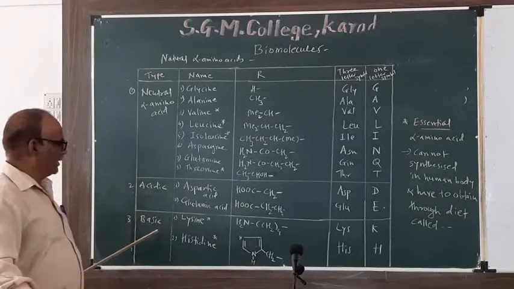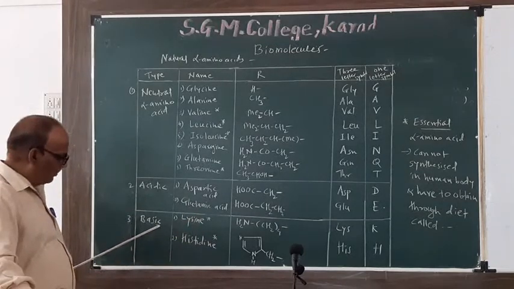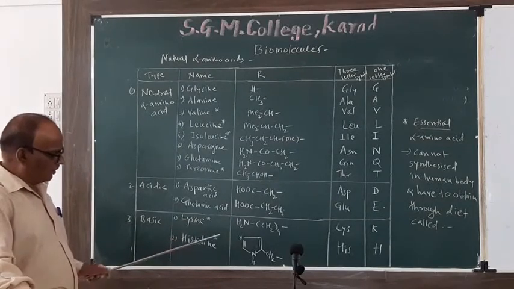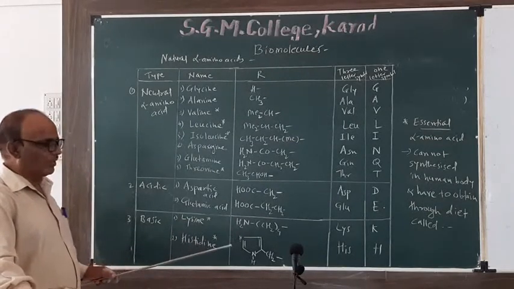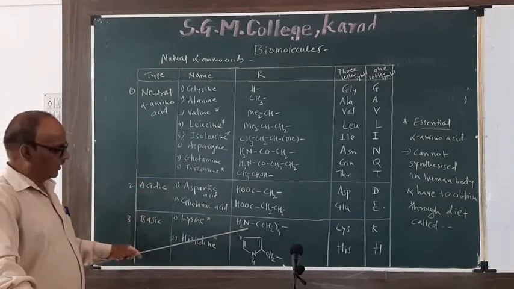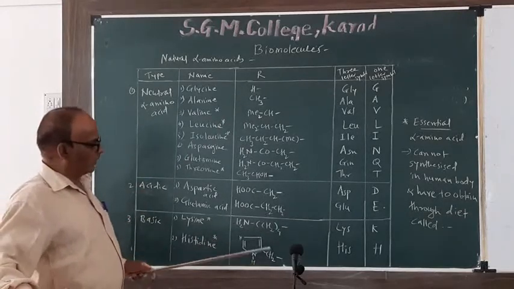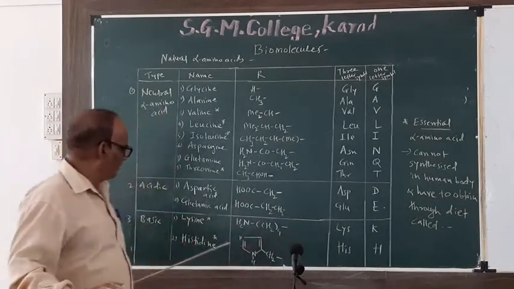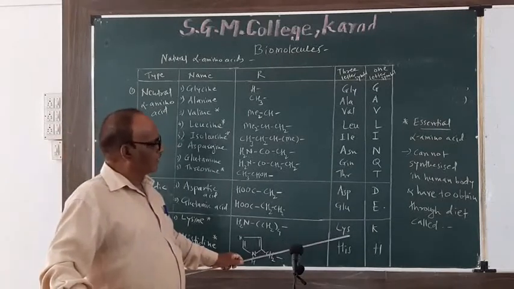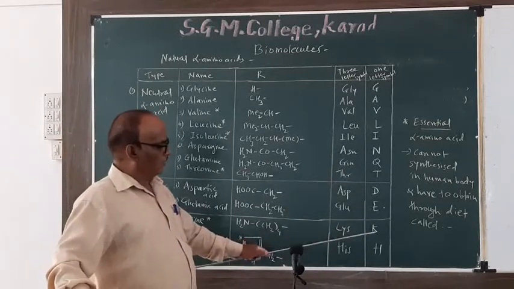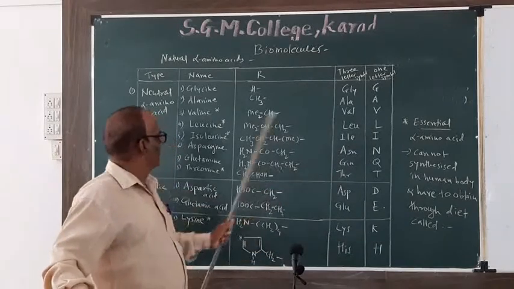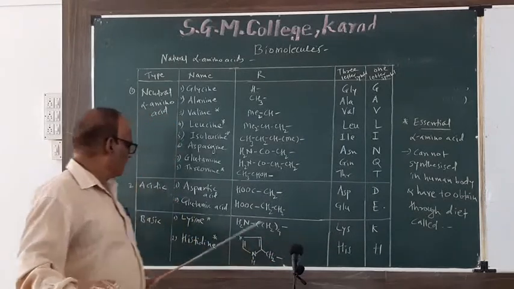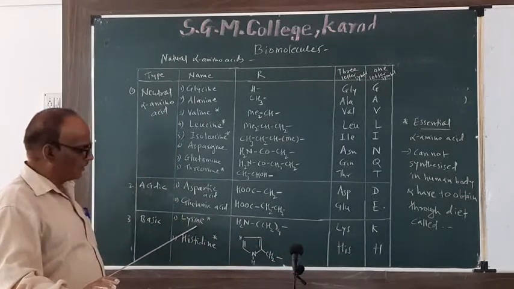The third type is the basic amino acids. In the case of basic amino acids, we have taken two examples. Lysine: in lysine there are more NH2 groups. R contains an NH2 group, then CH2 four times. So here NH2 groups are more, therefore it is basic. The three letter symbol from lysine is LYS. But you do not take L for one letter because L is used for leucine. So the next letter, K, is taken for lysine.